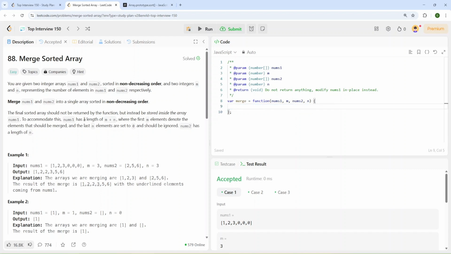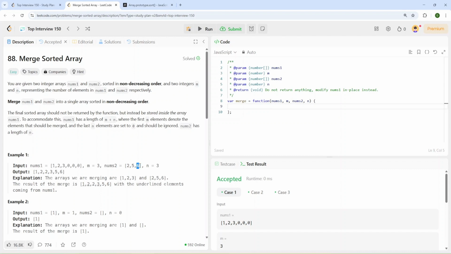Now let's think about the algorithm, and we probably need to use the condition that the arrays are already sorted in non-decreasing order. Our algorithm would be simple. We'll add elements to the end of the nums1 array, and I'm going to compare the last elements of the arrays, and the greater number will be placed at the end of the nums1 array, and then we'll move one step back.